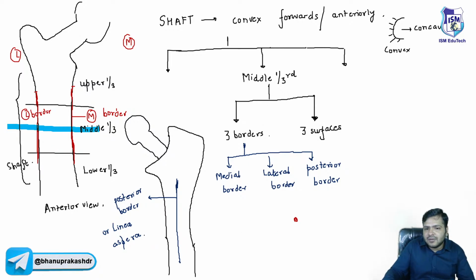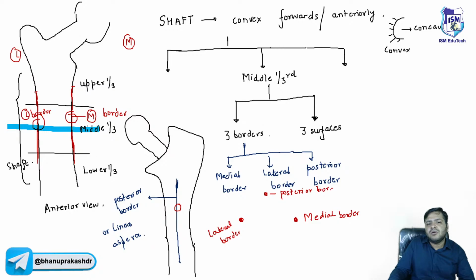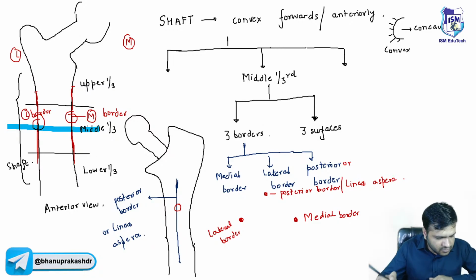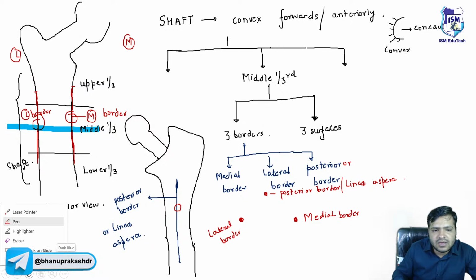For example, this is the medial border. This is the lateral border, and behind, beta, I'm just taking one point from here, and one point of the posterior border. This is the posterior border, or we call it linea aspera. So remember, beta, the area between the lateral and the medial border,